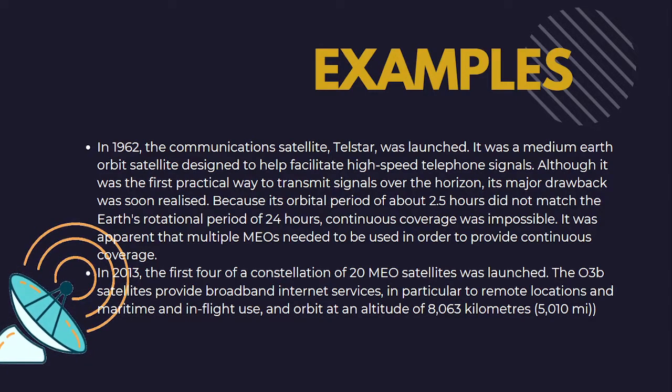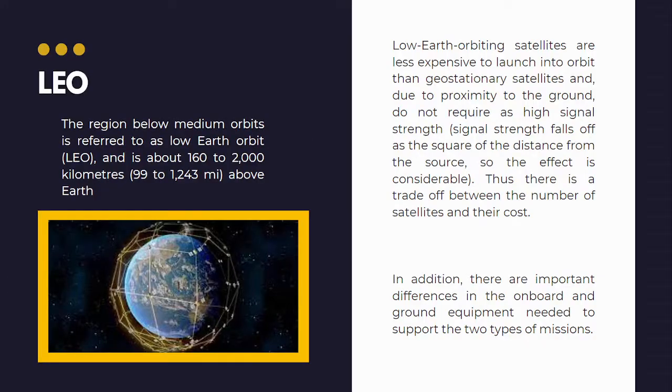This was for MEO. Now we're going to talk about LEO. LEO stands for Low Earth Orbit. So what does low Earth orbit basically mean? It is typically a circular orbit about 160 to 2000 kilometers above Earth's surface and correspondingly a period of about 90 minutes. Because of their low altitude, these satellites are only visible from within a radius of roughly 1000 kilometers